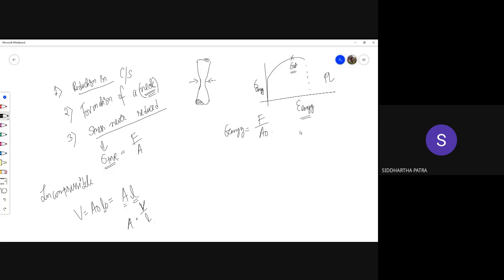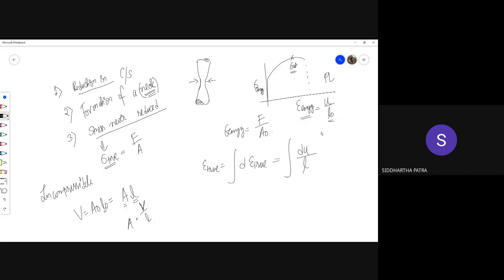And why do I call this strain the engineering strain? Because this strain is also U by L0 and is not taking into account that the length itself is changing. So this strain is based on the original length. So this is called an engineering strain measure. This is not the true strain. Now, to measure the true strain, I'll have to define it as a differential. A differential true strain would be a differential change in length divided by the current length, not L0. Now if I integrate this quantity, I'll get the true strain.